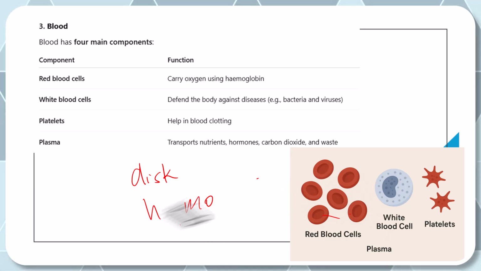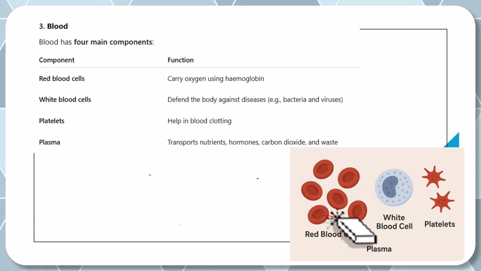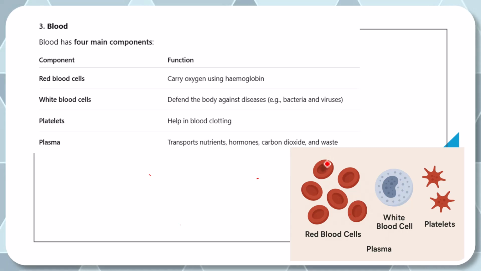Another thing about red blood cells, they don't have a nucleus, to create space for plenty of oxygen to be carried. They never have it. And I say they're disc shaped to increase the surface area for transporting what? Oxygen. We also have white blood cells, like the ones you're seeing here, and their job is to defend the